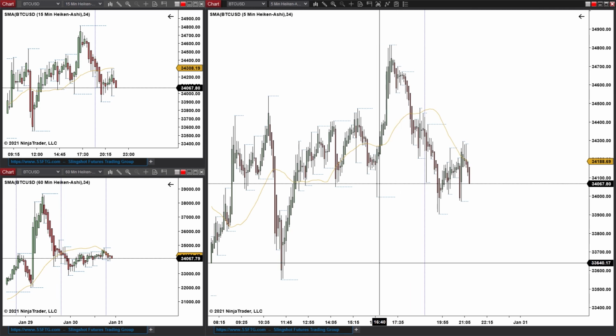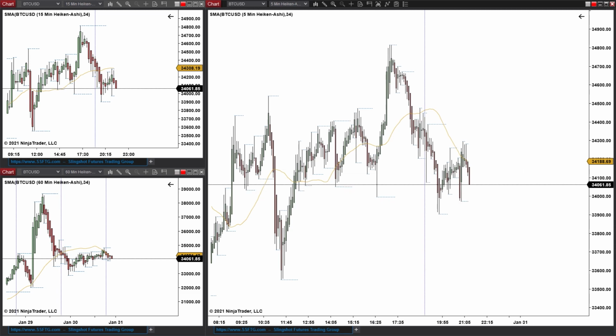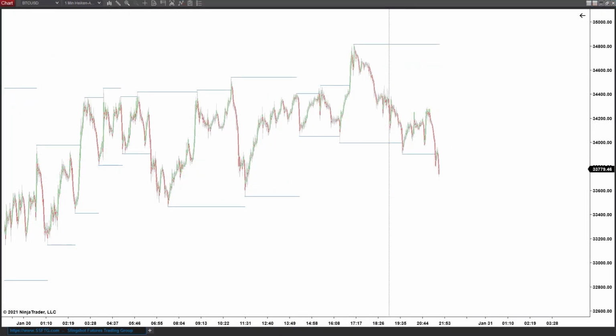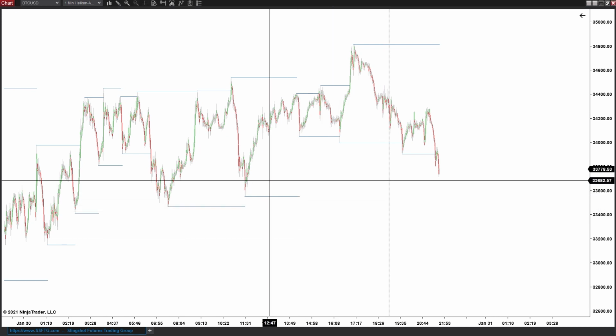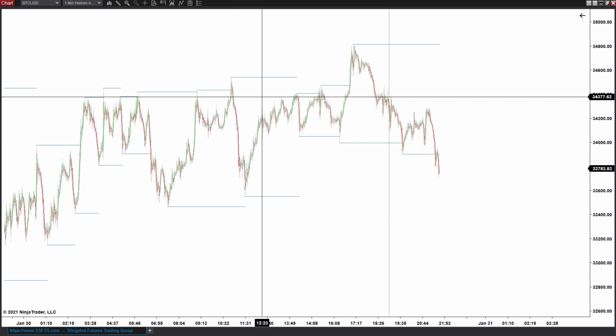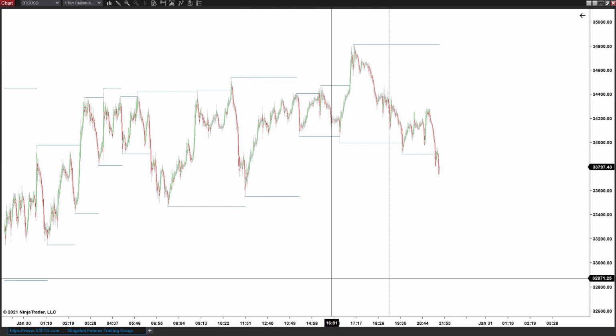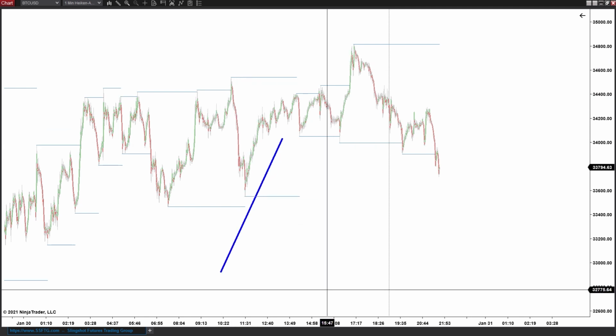So there's one thing that you'll notice really quickly about all these. They're really, really simple and really straightforward, even using something as straightforward as the swing indicator on NinjaTrader. In this case, this is the swing indicator with a setting of 50. And the setting of 50 basically means that it has to have 50 candles going up to a peak and 50 candles down from that peak to create a swing. That's a defined swing in this case. So all of these areas have 50 ticks or 50 candles up and down away from them,